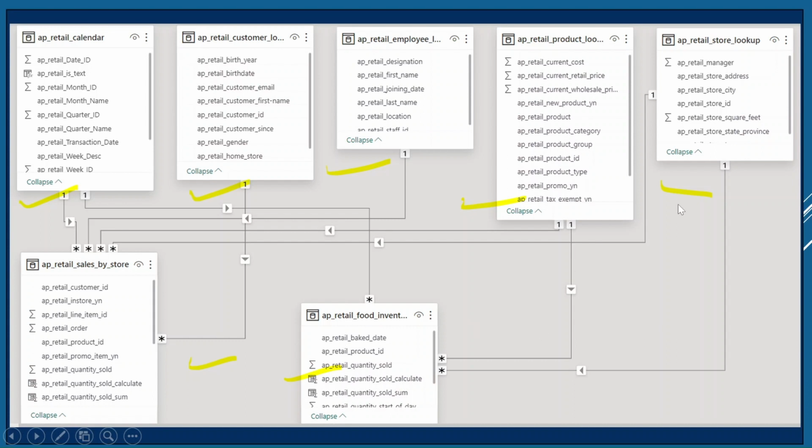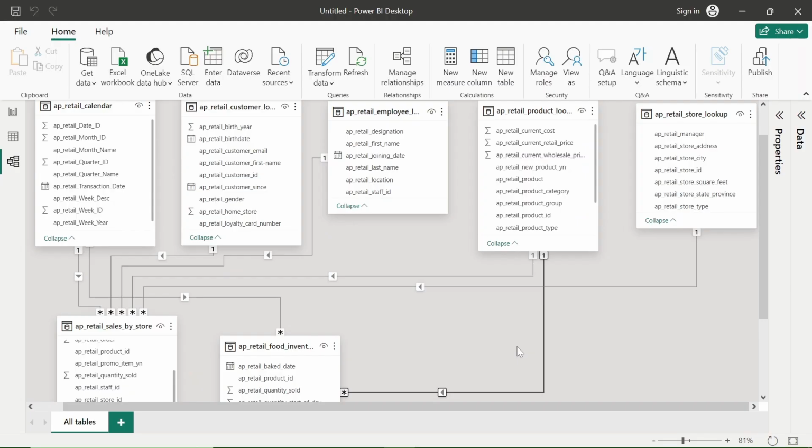So there must be a relationship between the AP retail store lookup table and the AP retail food inventory table, and the relationship will be one to many, because in this store lookup table one store has only one record, but in the retail food inventory table there could be multiple records related to a particular product and store information. So let me create this relationship in Power BI.